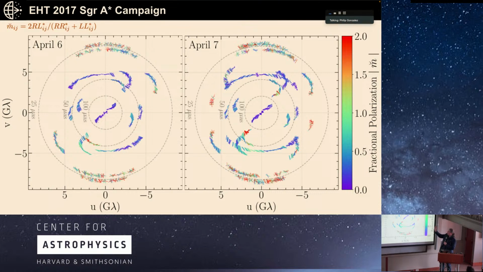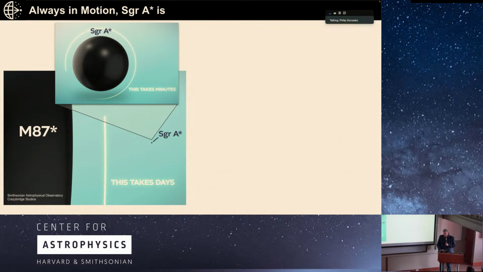And you can see that there are periods of well-defined orientation. But it isn't always in the same direction. Okay, and we expect that. Sara already mentioned that Sgr is variable. This is not a surprise. We know M87 changes on a time scale of a few days. Sgr, being 1,500 times less massive, ought to change on time scales of minutes. We certainly see short timescale variability in the light curve, and we saw this in the total intensity.